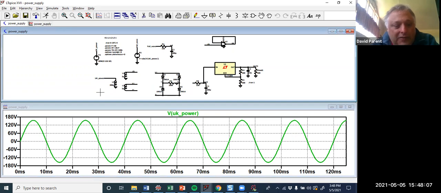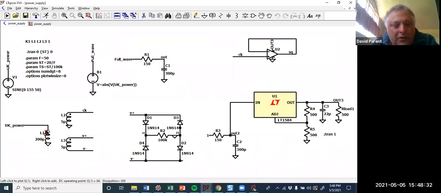Now, at 155 volts, this voltage is a little bit too high for normal components, so we want to bring it down. Now, if you said, well, I'm going to use voltage division with 2 high powered resistors, okay, that'd be okay, right? But it is better to use a transformer, right? And so these windings are set so that now